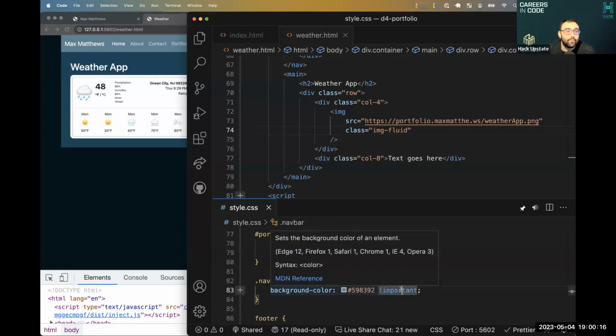Right. So with the navbar, when you added the background color and added exclamation point important, that could have been done without that, or you did that just to show us? Yes. It is